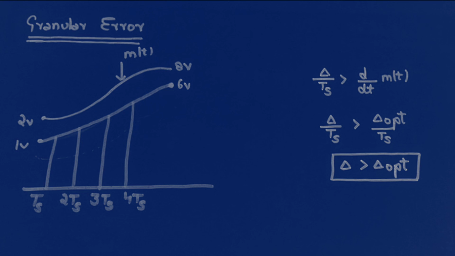What we do to avoid the granular error is that if we decrease the value from this point to this point, that means we are decreasing the amplitude. That is related to decreasing the del value of the reconstructed signal. So to avoid the granular error, we have to decrease the del value. This is all about the discussion of the error.